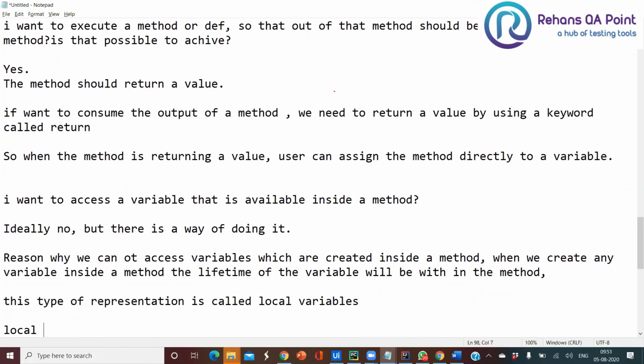So local variables cannot be used outside a method.